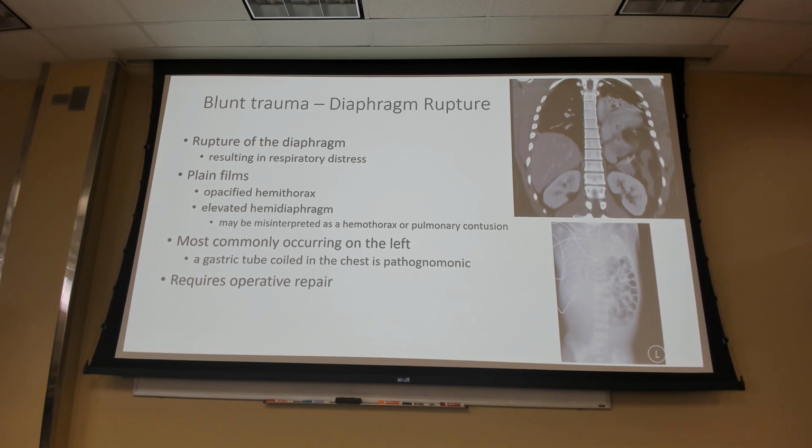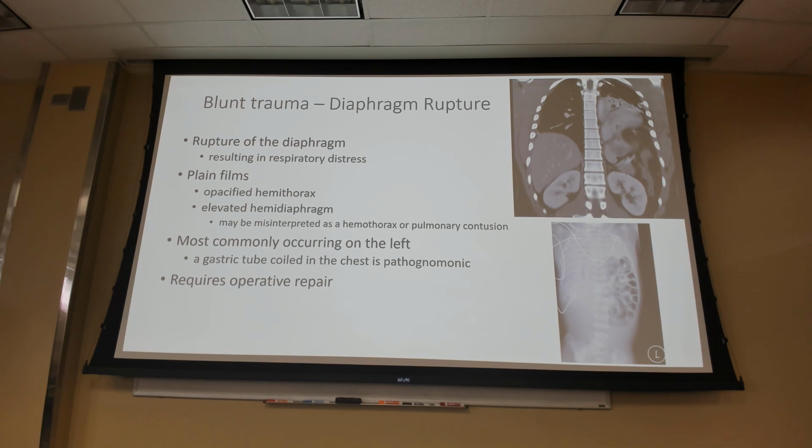And if there's any question about this, a lot of times if we consider it or we suspect it, we'll sometimes put a nasogastric tube in there. A lot of times we'll see it curled up in the stomach, but we'll see that in the left side of the chest where there should be lung, and that's usually an easy diagnostic tool we can use. We can also identify it on CT, but these patients are going to need to go to the OR